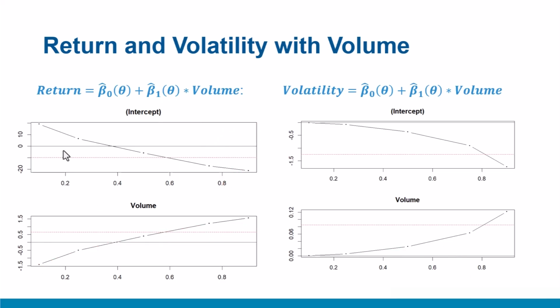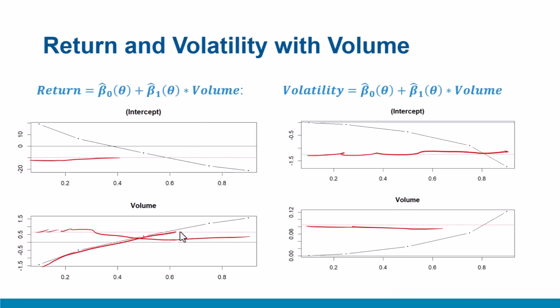So this dotted line would give you the mean values. This dot is for the mean values. You can see the constant homogeneous mean solution is not the correct one, given so much variety in the actual values. Therefore, quantile regression is more capable of handling such heterogeneous relationships. To summarize, we added volume in the quantile regression model, and examined its relationship between return and volatility. We found that the relationship is not homogeneous like what OLS would have us believe, but in fact it is very heterogeneous and varies across quantiles.